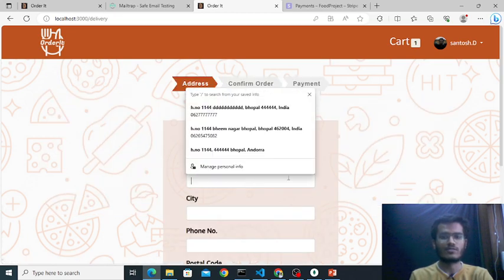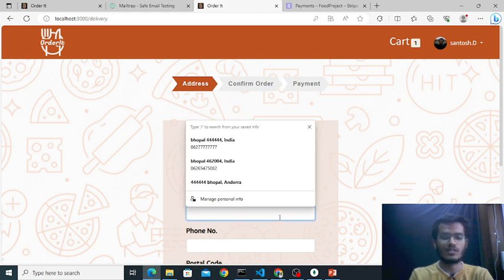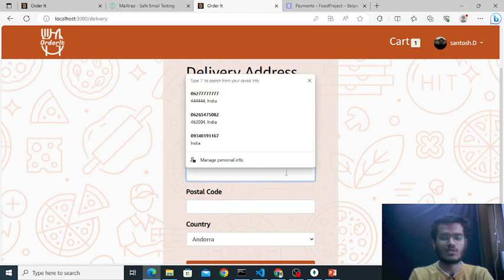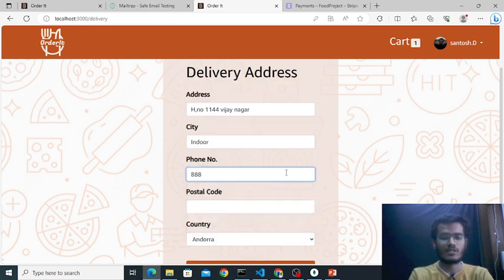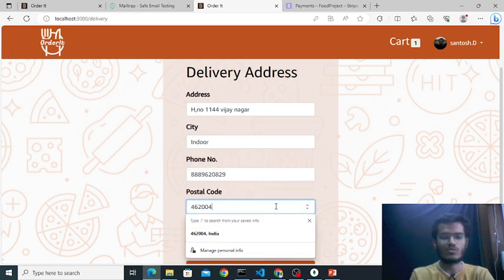Here is the address. We have to type our address, like house number 1144 Vijaynagar, city let's say Indore, phone number let's say any random number, let's say 888, postal code 462004.